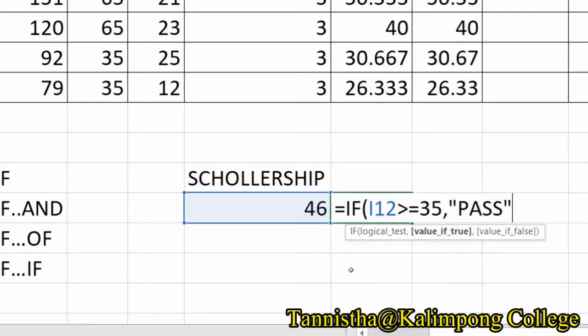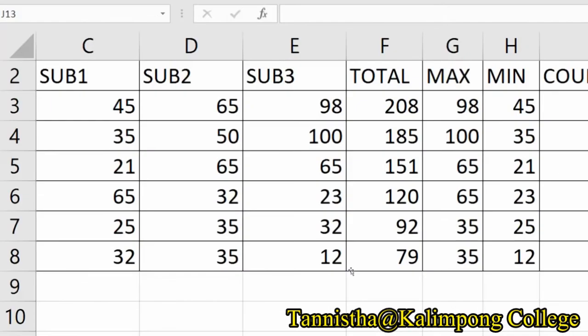You need to write the answer within double quotes or double inverted comma. Then use comma. But if your marks, that is I12, is less than 35, what would appear? The text fail within double inverted comma will appear. Finally, close the brackets and press enter button.